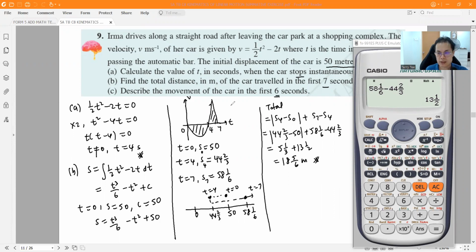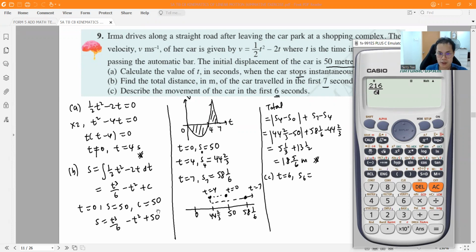Describe the movement of the car in the first 6 seconds. Okay, since they want 6 seconds, let's just find out where the car is when t is 6. Okay, I think we can sub inside. When t equals 6, S6 will be. Now just use your calculator directly. Actually, I've done all that earlier. So let's do